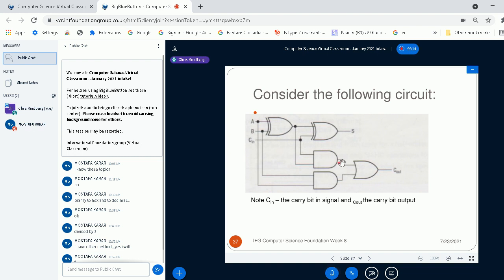And that will give a 0 here in this OR gate, and the carry signal will be 0, but if both A and B are 1 and the carry bit is 0,